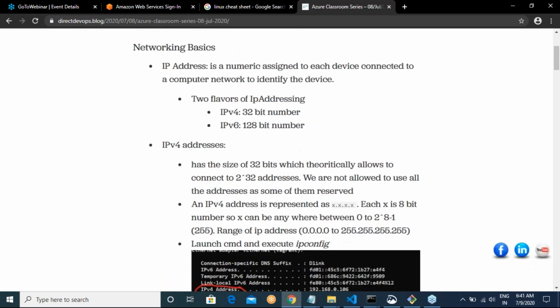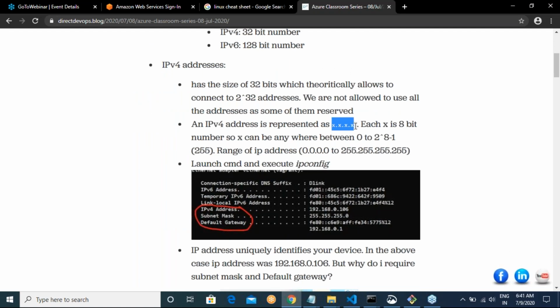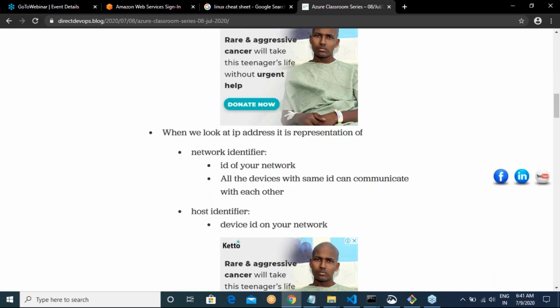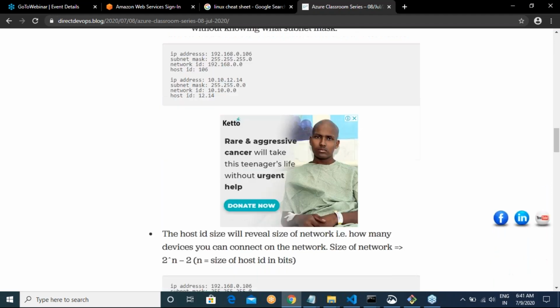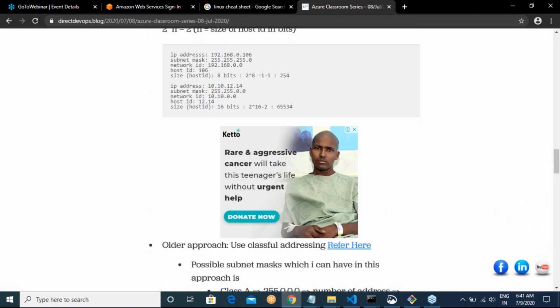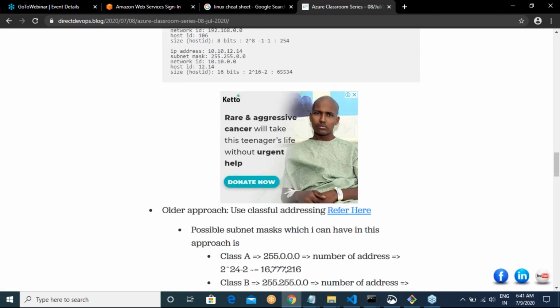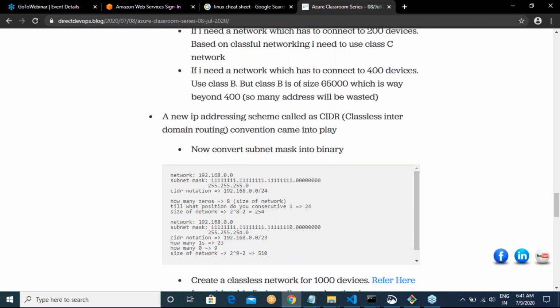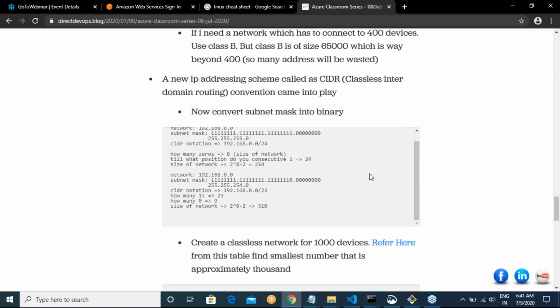Then we tried to understand the relevance of the subnet mask. Why do we need a subnet mask? Because it helps us identify what is the network ID and what is the host ID, which also helps us identify the size of the network.